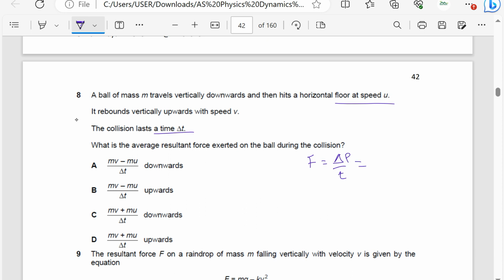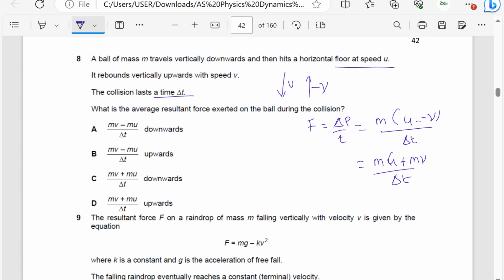So its mass is m, initial velocity is u, and it rebounds with velocity v. If falling is positive, then rebounding must be negative, so negative v. The change is going to be u minus negative v, then divided by time, which is given as delta t. So this becomes m times (u plus v) divided by delta t, which makes our answer automatically